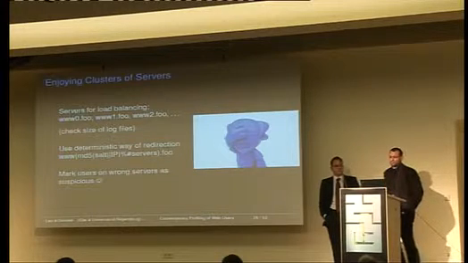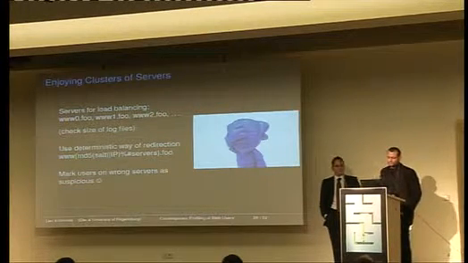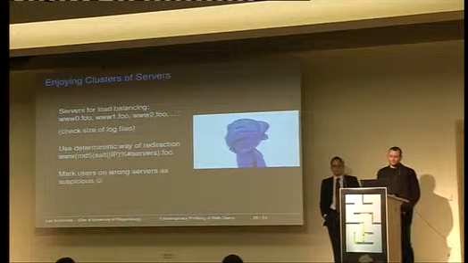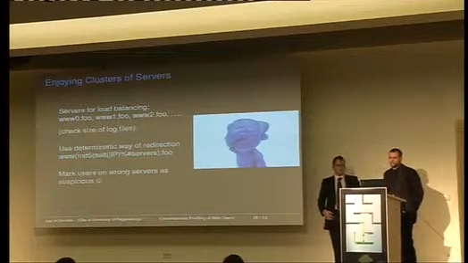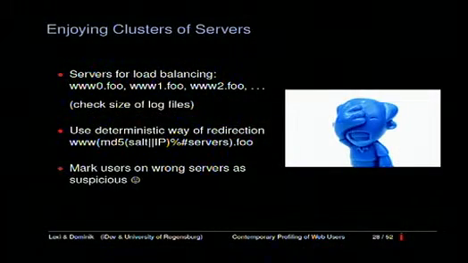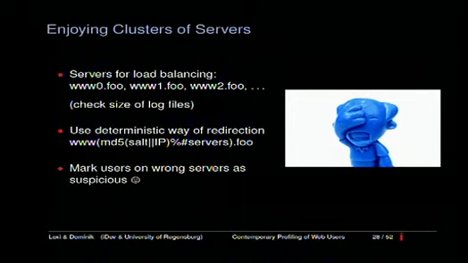The most simple thing is, obviously, if you have load balancing, you can just use some kind of deterministic way to redirect all the users to the single servers. What you could do is prepend some salt to the IP, make the MD5 sum, convert it into an integer, modulo the number of servers, and then you redirect the user there. Then what you can do on the single subserver is check the original IP of the user, check if it should be there, and if it actually would belong to another server, you can just drop that user